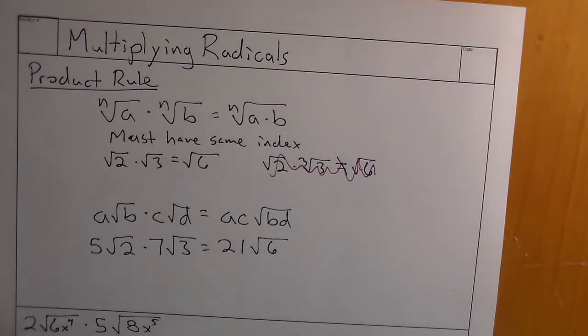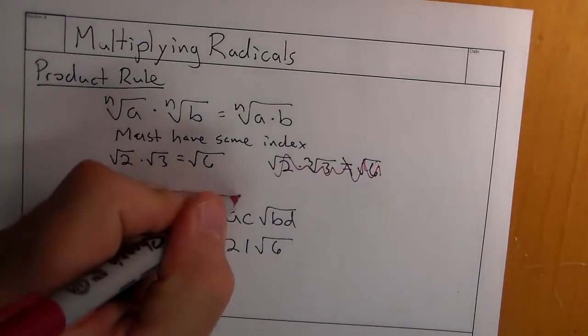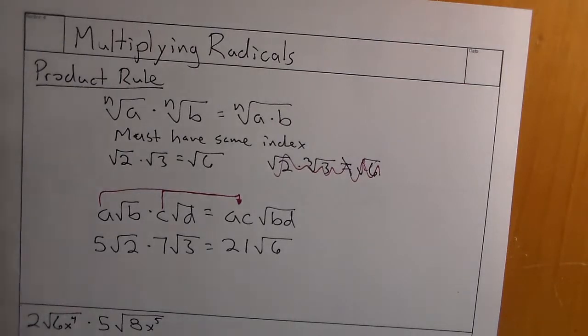Now, if I happen to have coefficients in front of the radicals, if I say a root b times c root d, I'm going to put the two coefficients out in front and multiply those together. Those are my rational terms within this. And then b and d are the irrational. They're going to be multiplied together. So something like 5 root 2 times 7 root 3,